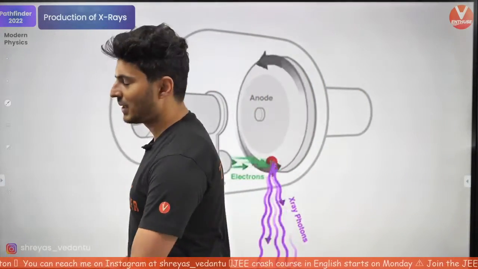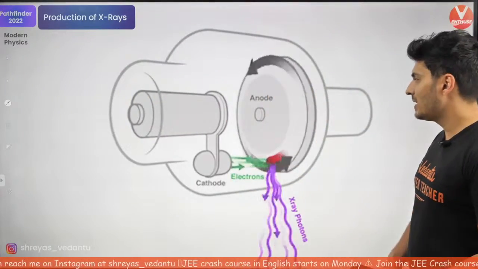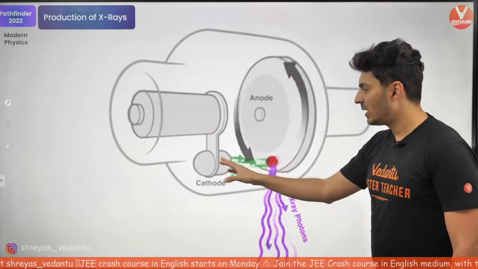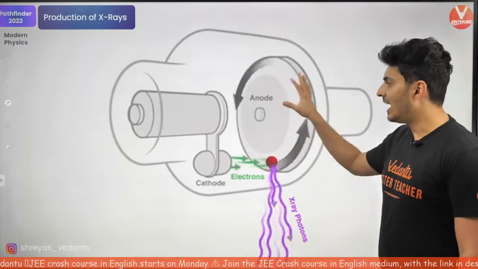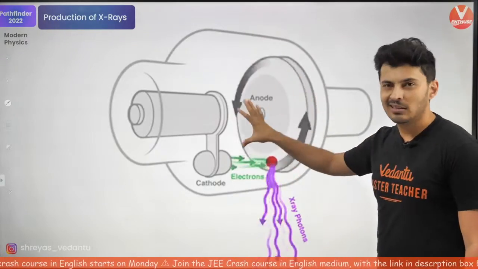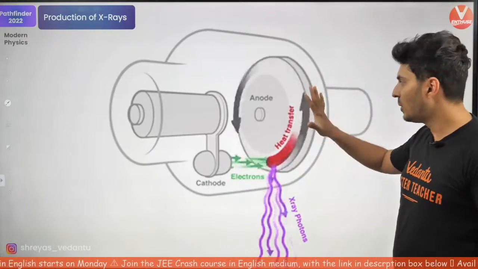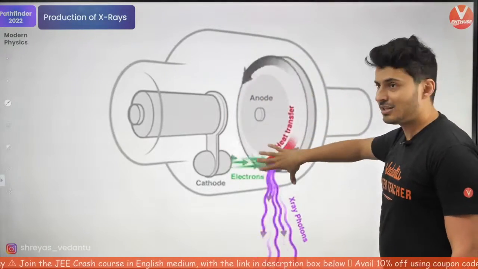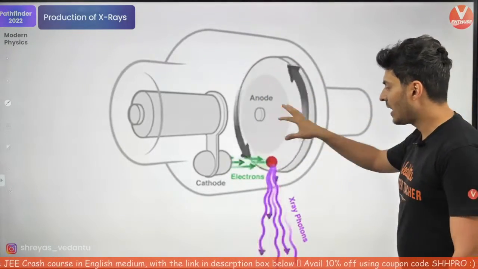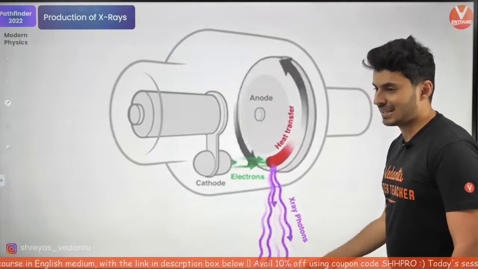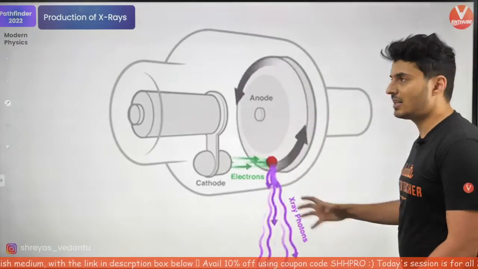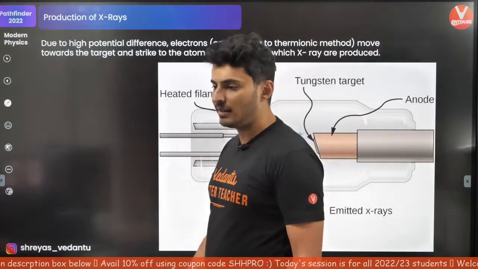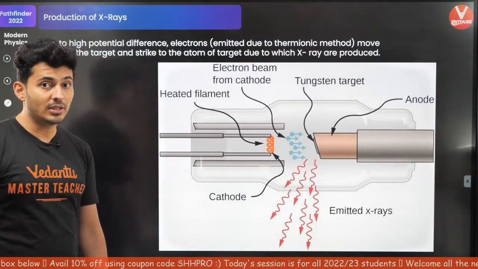That's all. Okay. So this is a very good animation of what is happening. You can see how the electrons get pushed out from the filament and they hit the other side, the target, and in this case the target is rotating, but it's okay. That's the reason, because you want to take away the heat which is generated and throw it outside, and what you get over here are the X-rays. So that's the basic understanding of how X-rays are produced. Is that okay? Fair enough, everyone? Shall we do some questions based on this?